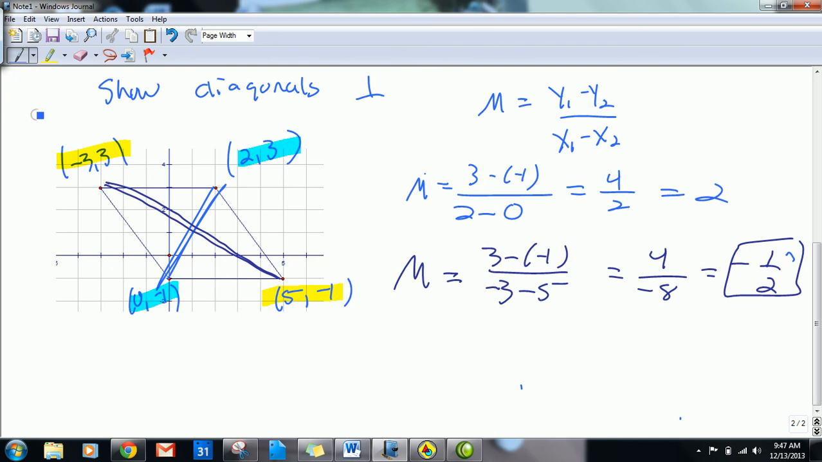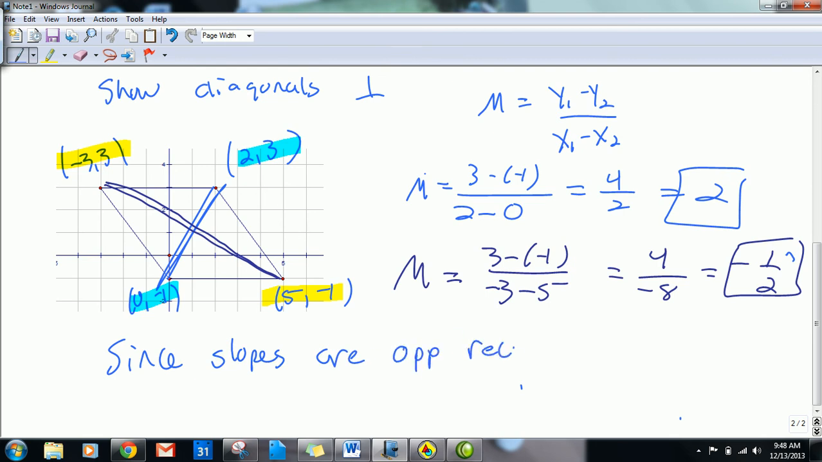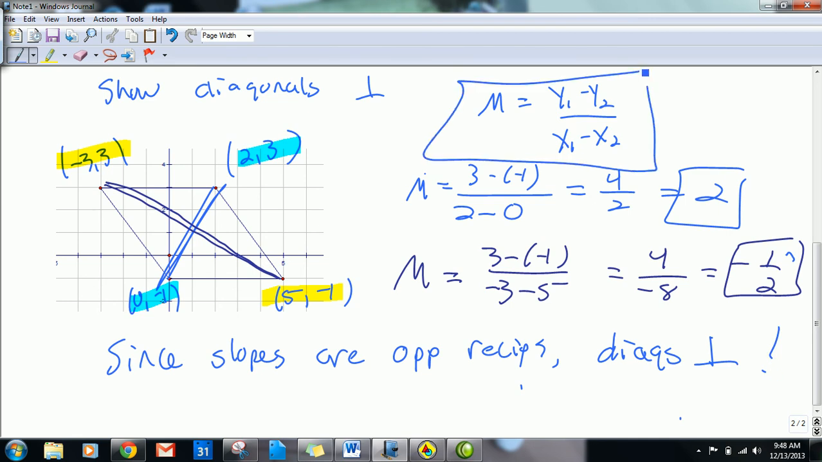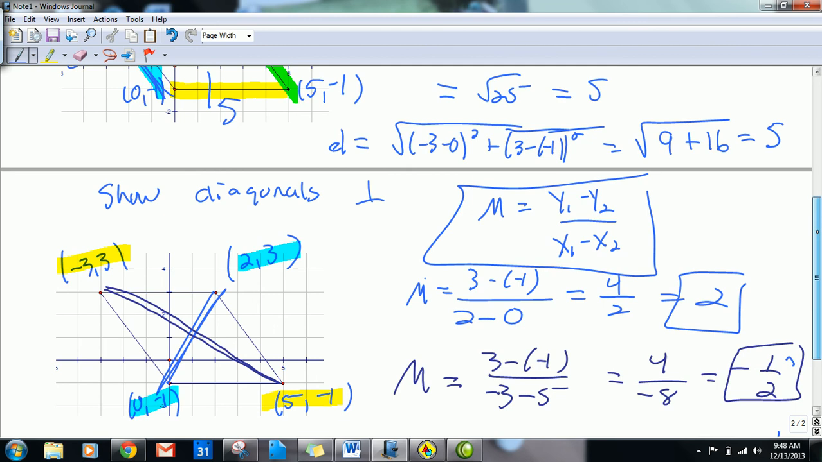I have the slope of the blue diagonal as 2. And what do you notice? Aha, yeah, they're opposite reciprocals. So since the slopes are opposite reciprocals, I'll just say ops recips, that means the diagonals are perpendicular. Okay? So that's a nice little review of how we can show parallel using slope, same slope, or perpendicular using opposite reciprocal slopes, as we did in this case, and distance formula